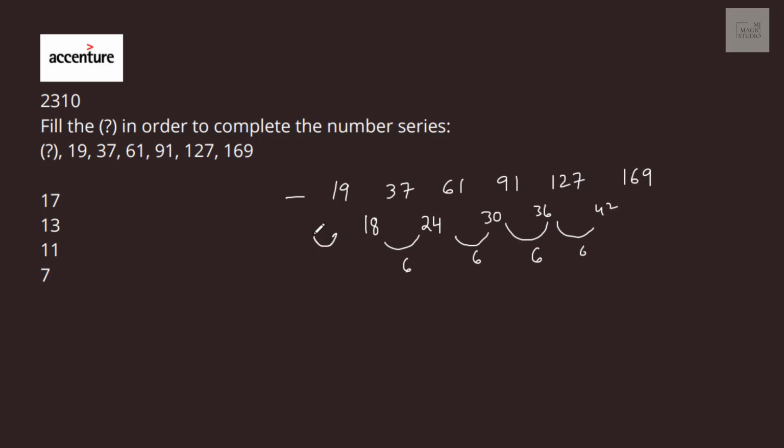Bingo. Then here the difference should also be 6, so here the difference should be 12. Isn't it? 18 minus 6 is 12. Now 19 minus 12 is 7. So if I put 7 here, 7 plus 12 is 19, plus 18 is 37, plus 24, plus 30, 36, 42 and on. 7 fits in, and yes, we have 7 in option D, and that should be the answer, and it should complete the number series given.